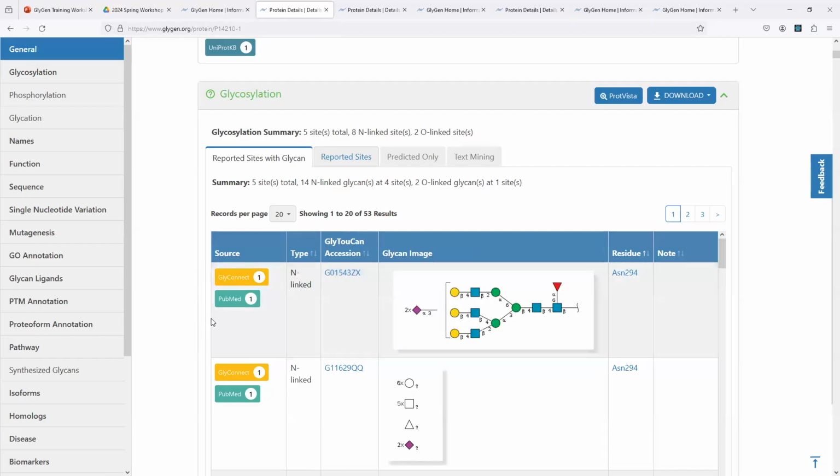And here again, the evidence badges, we talked about that. There is a database that reported that, GlyConnect, but there's also a PubMed paper where you can find that information. We will get to the paper web page in a little bit. The next tab that we have